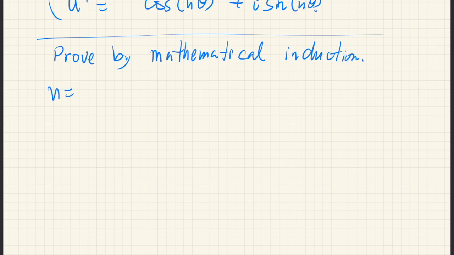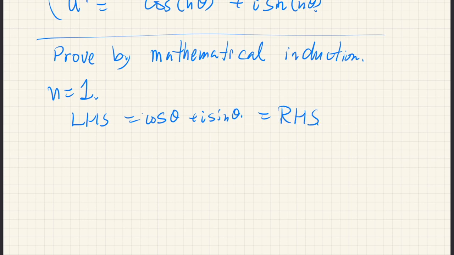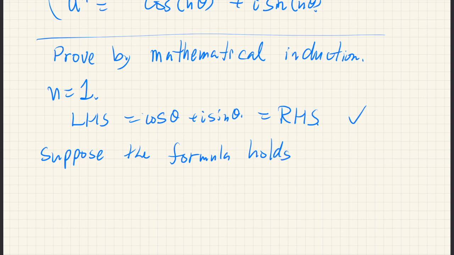Okay, when n is equal to 1, then the left-hand side is just cosine theta plus i sine theta, which is right away equal to the right-hand side, so it's okay. Suppose the formula holds for, let's say, n equal to k. Then we have